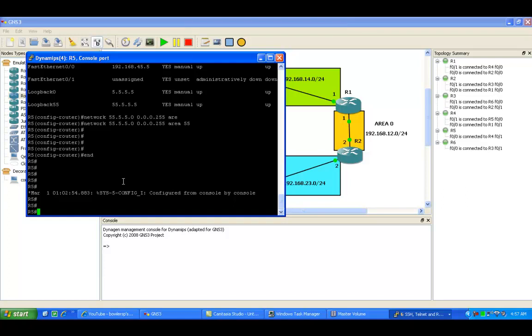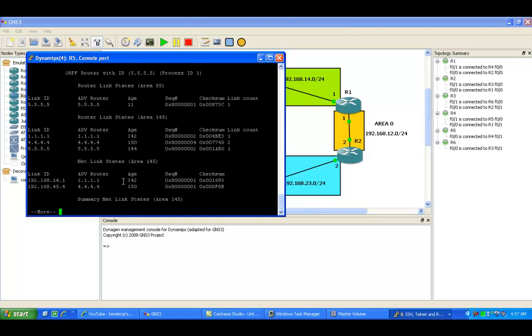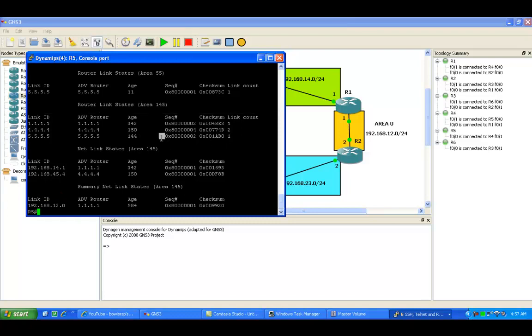On router 5, if I do a show IP OSPF database, I have two areas on this router, which is area 55 and 145, which, as we all know, we cannot do this. We have to have the router connected to area 0